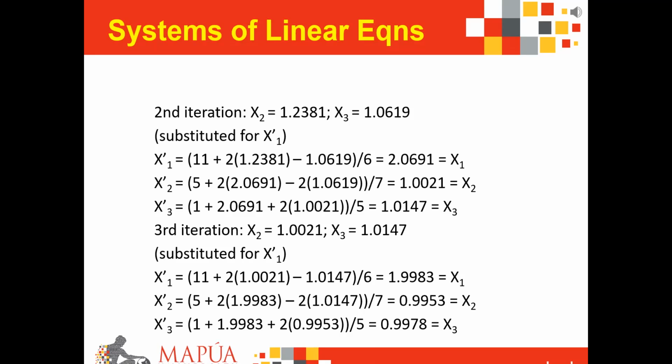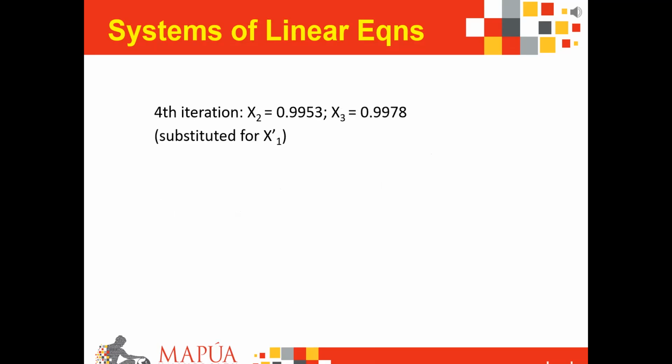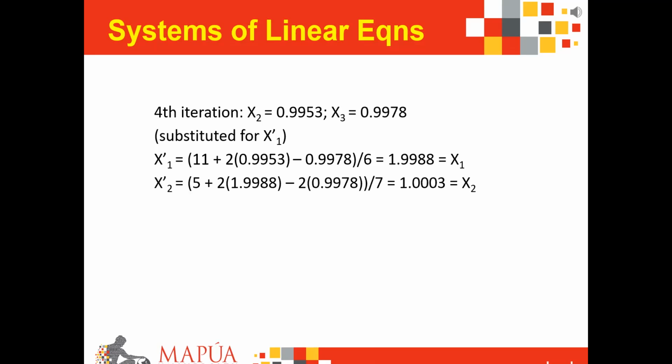And upon comparing these calculated values to your previous second iteration values, we eventually see that we need to repeat the process again. Thus, on the fourth iteration, we substitute the previously two computed values x2 and x3 to your iterative x1, thus giving us a solution like this with a new value of 1.9988. And then we introduce this new value of x1 and the previous value of x3 to be 0.9978 to your new iterative x2 solution, with a value now equal to